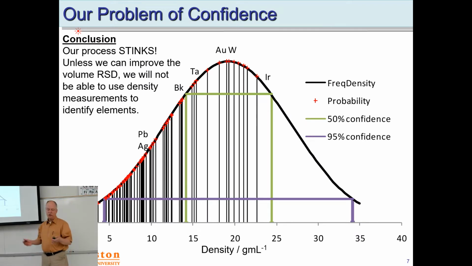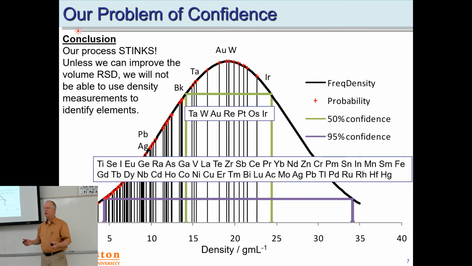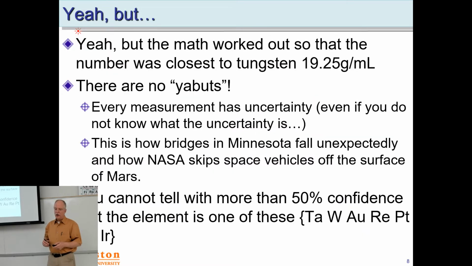Then we looked at the 50% confidence intervals and the 95% confidence intervals. And we were saying, even though this was a pretty bad analysis, we could say confidently that it's not magnesium or one of those really light elements, the ones that are not very dense at all. And so